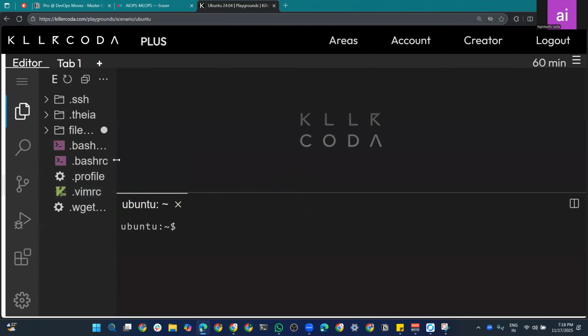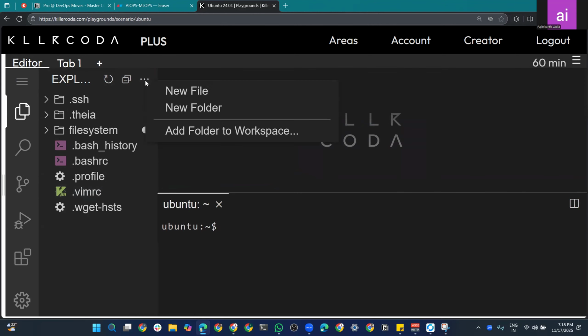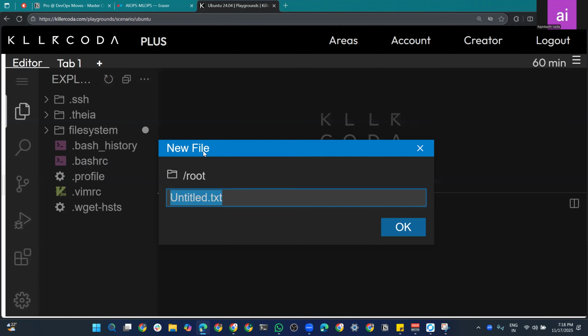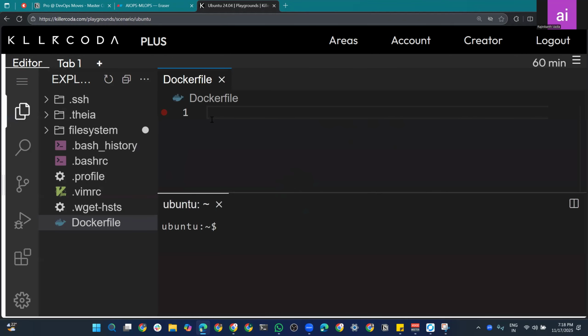And here you can create a Dockerfile. Okay, click on this new file, Dockerfile. Okay, so as we know that you can write FROM ubuntu